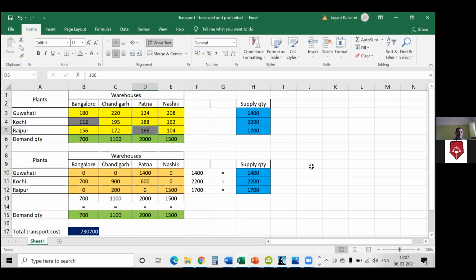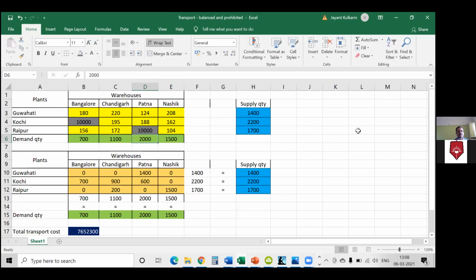Now, because here we are trying to minimize the cost, I want to ensure that these two routes are not selected. The way of telling Excel not to select these two routes is to put dummy values in these two cells with very high values. So instead of 112, I'm now going to put here 10,000. When I put 10,000 here and 10,000 here,